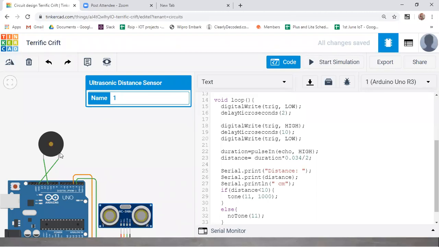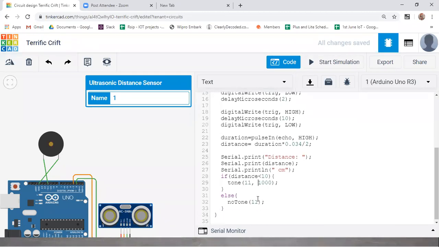When it is below 10 centimeters, you want to turn on another LED. If it is more than 20 centimeters, you want to turn on another LED. You could make use of if-else conditions like this, use this conditional statement and write it. So this is how it works out.